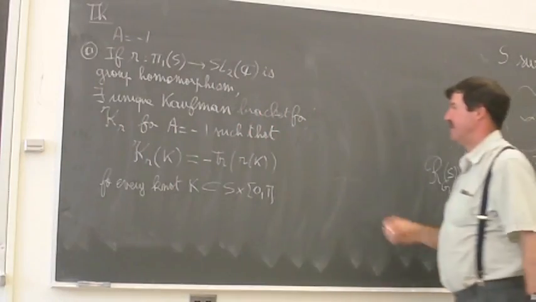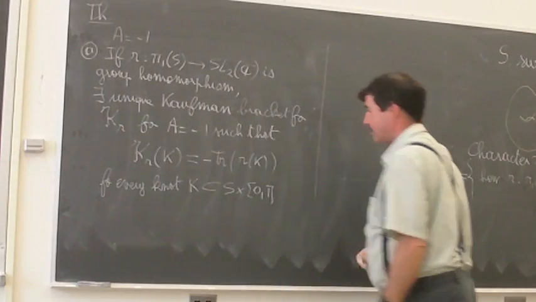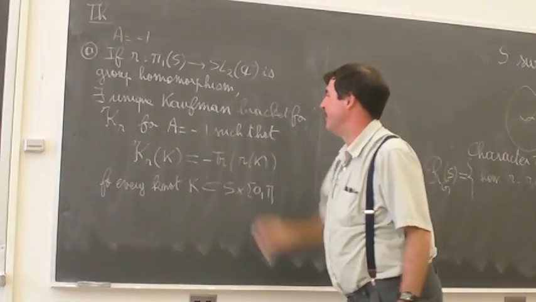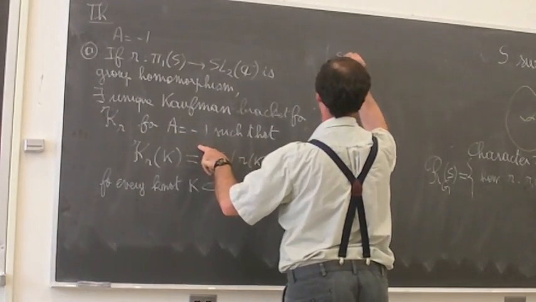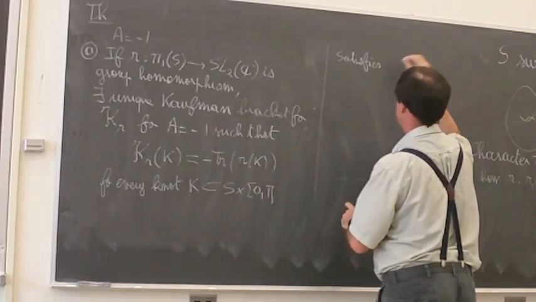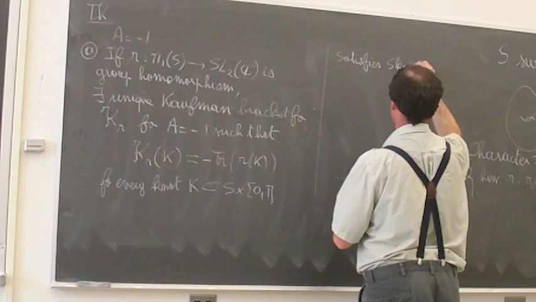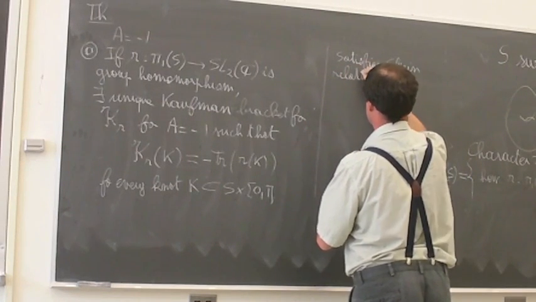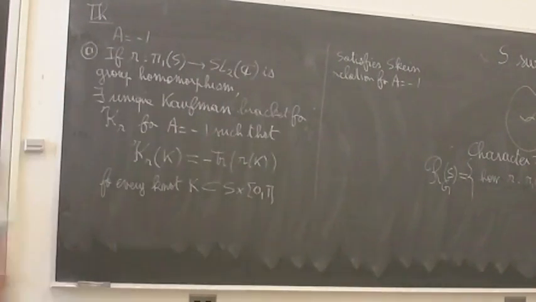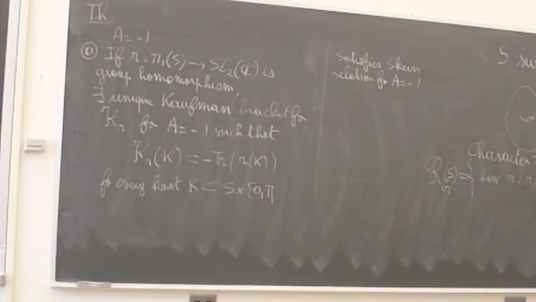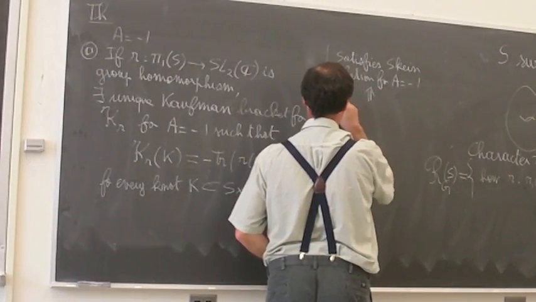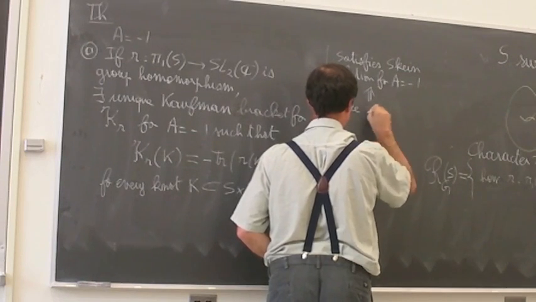So it turns out that this is a Kauffman bracket for A equal minus 1, namely it satisfies the skein relation. The skein relation is this final relation here. And the reason why you have that is in a relatively famous trace formula,